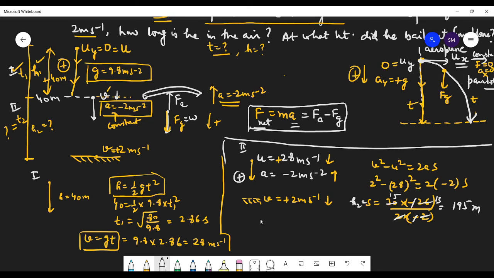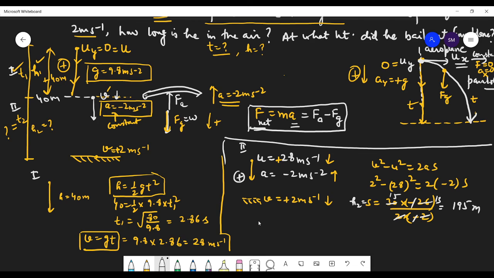Sir, it should be 205 meters. Yes, how 205? 15 into 13. So 13 I can write as 10 plus 3. So 15 times 10 is 150 plus 15 times 3 is 45. That's 195. Always do the calculations with distributive law. Okay. How have you got the other answer? Sir, 13 fives are 75, 13 ones are 13 and 7 carry over. So 205. 13 fives are 65. So 13 ones are 13 and 6. 13 and 6 is 19. Okay.